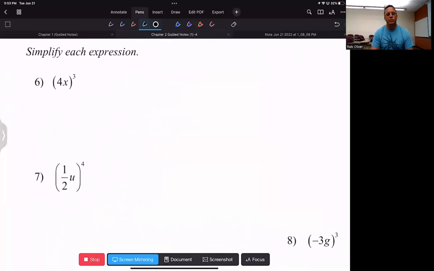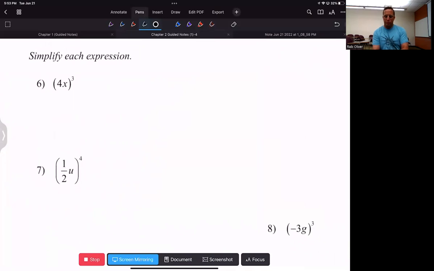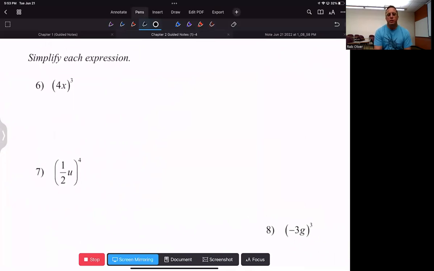Let's just go ahead and talk about this. For number 6 and all the subsequent problems after that, you're going to notice that a lot of these have parentheses, and then outside of the parentheses, there's a power, there's an exponent. And the way you want to treat that is, and I hate to use the word distribute, but